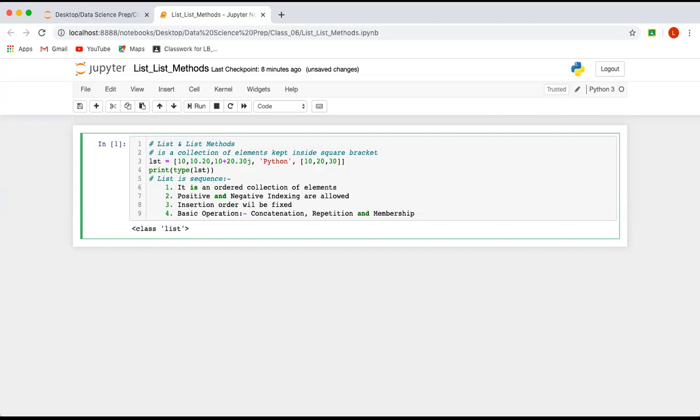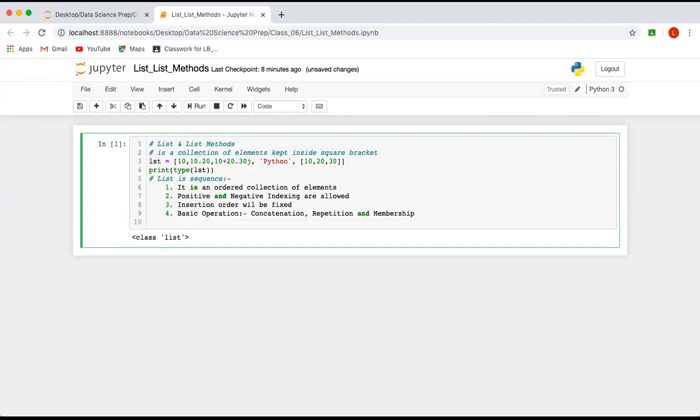All these operations are allowed. And the fifth one we have seen is indexing and slicing both are allowed, right? So list is also a sequence. All these things fit for the list also. Okay. So all these things are allowed in the case of list.